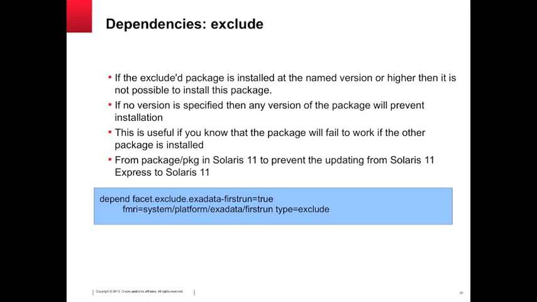So what we didn't want to do, customers doing with these engineered systems, doing a PKG update, and suddenly find they're on 11.1, because 11.1 wasn't qualified for them at that time. So what we did, we actually put an exclude dependency in the 11.1 on release that says, if you are an engineered system, Exadata in this case, we knew it had that package installed, then can't install. Okay? But we also put a get out clause, a facet. I'll talk about facets later. But if they really, really did want to go to 11.1, they just turn the facet to false, and it would allow them to install. So it's just a little